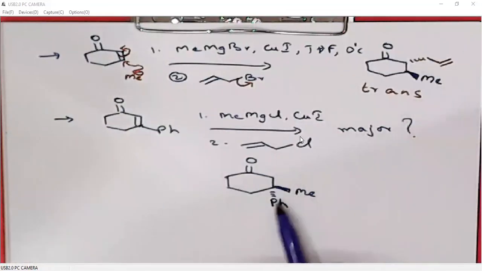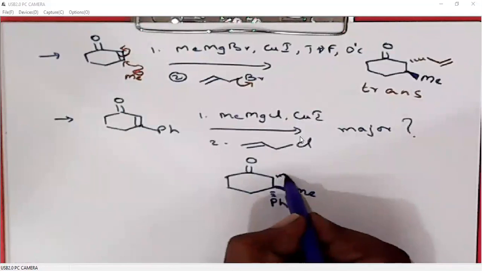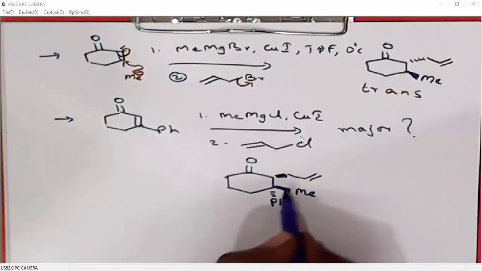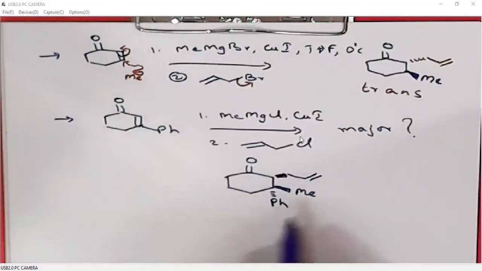But here we have two different substituents, methyl group and phenyl group. Among these two, phenyl is the bulky group. So the incoming electrophile must be trans to the bulky group. Since the bulky group is below the plane, then this group will be above the plane. So in this case,